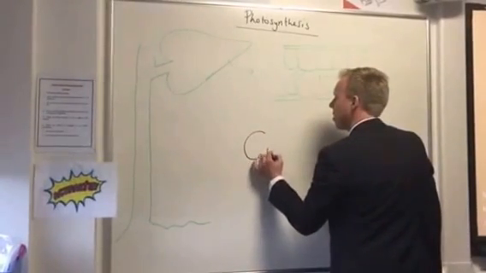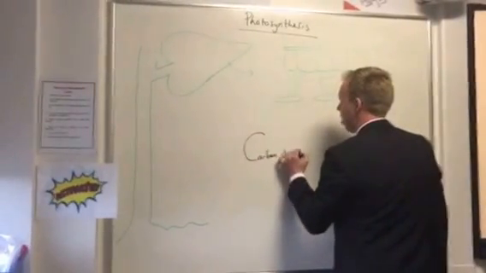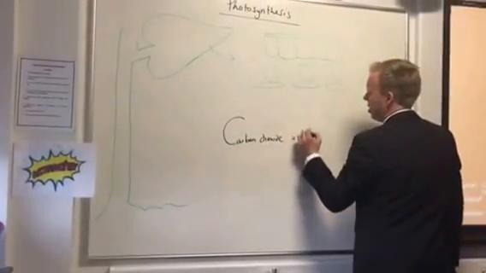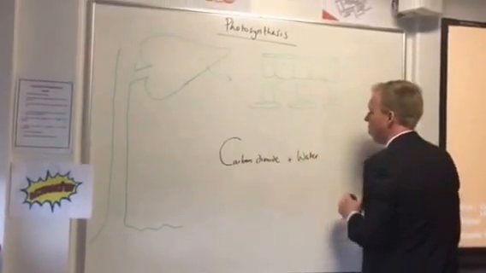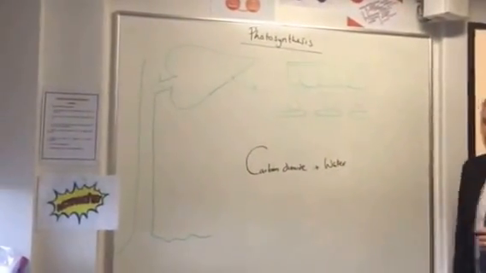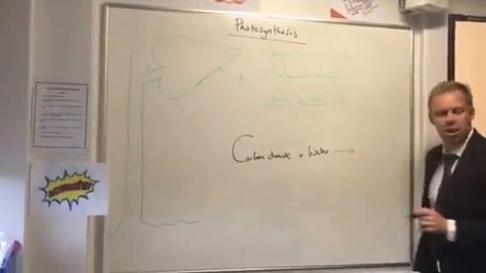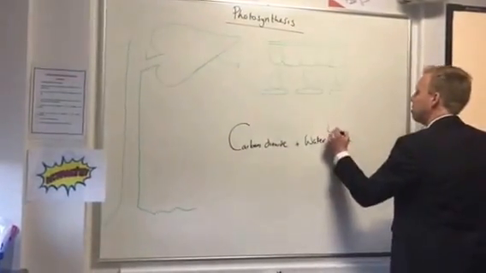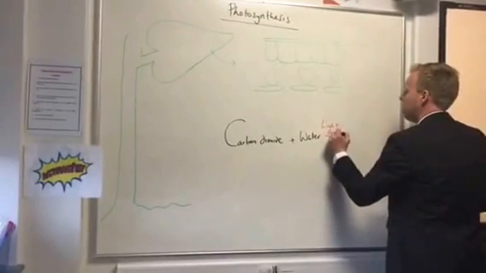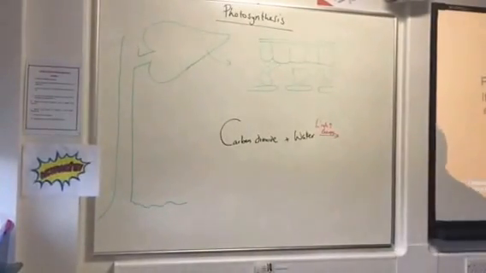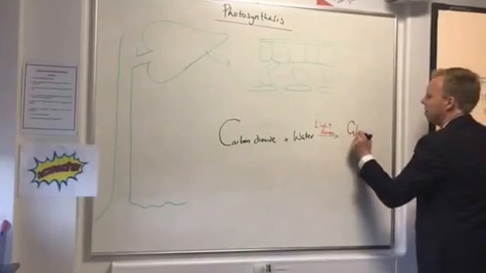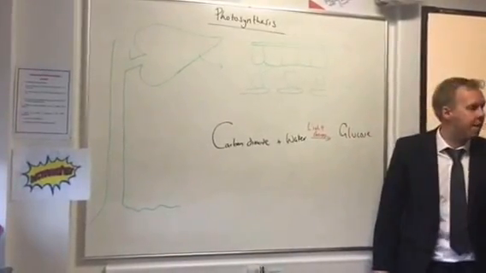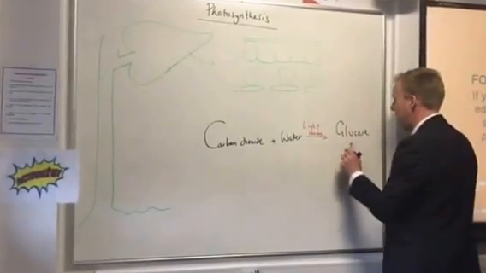Photosynthesis is where carbon dioxide is joined with water molecules using the energy from sunlight to create the wonderful product that is glucose. And by some bizarre fate and twist, we also get